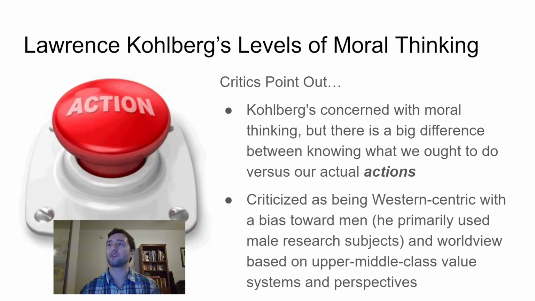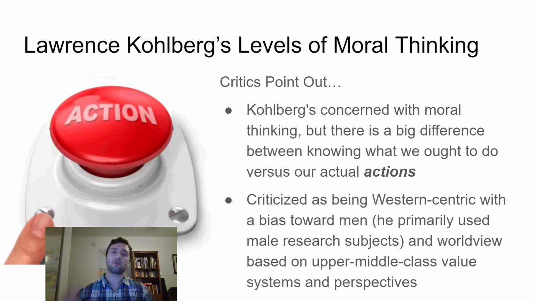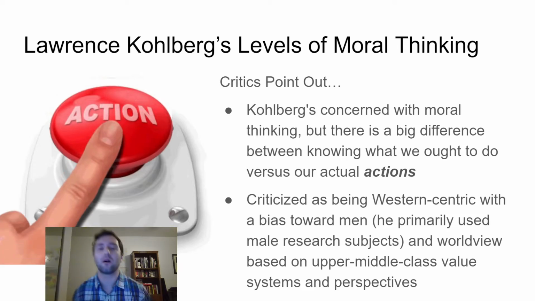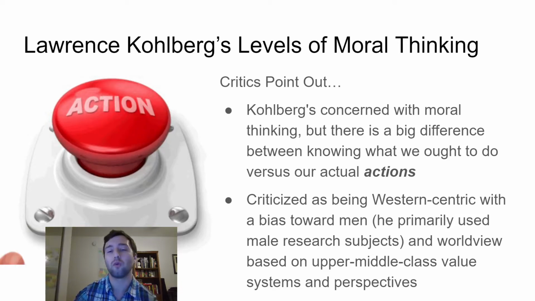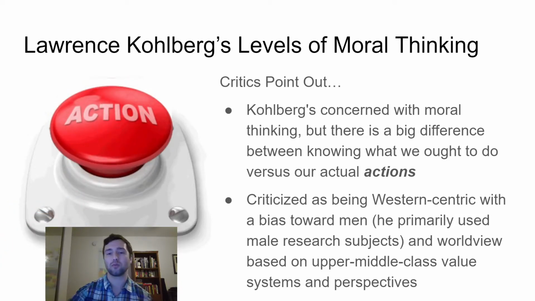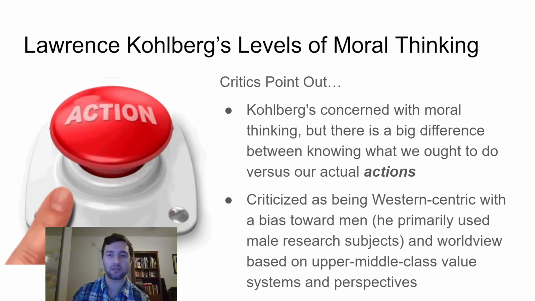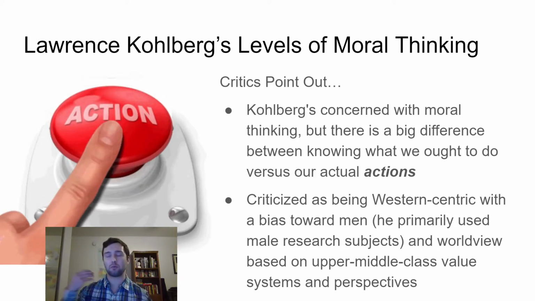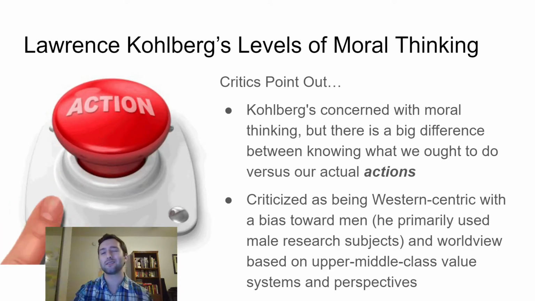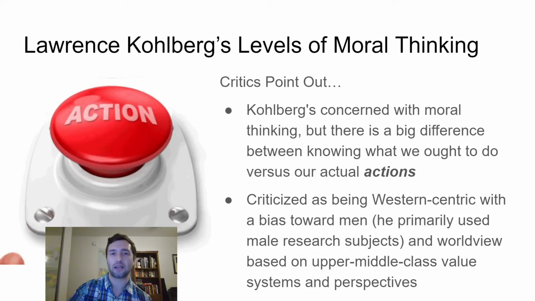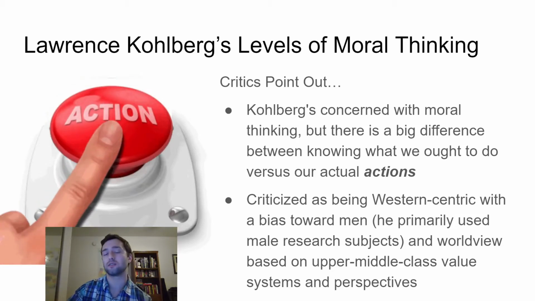Now, there are some criticisms with Kohlberg's theories here. The first one is that Kohlberg's concerned with moral thinking, but there's a really big difference between knowing what we ought to do versus our actual actions. That's a really big criticism, is he really just cared about what people thought. What did they believe was right, and why did they believe it was right? But the reality is in real life, you can think something is right, but that doesn't necessarily mean you're going to act on it. So actions is a really important criticism of these different levels